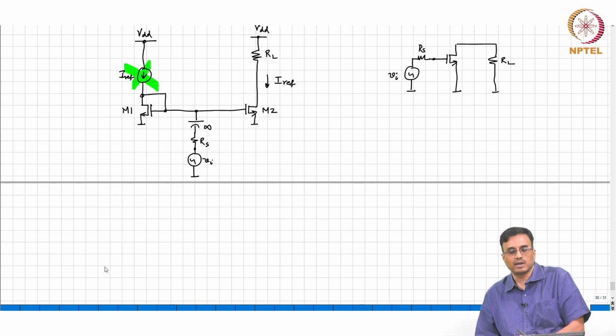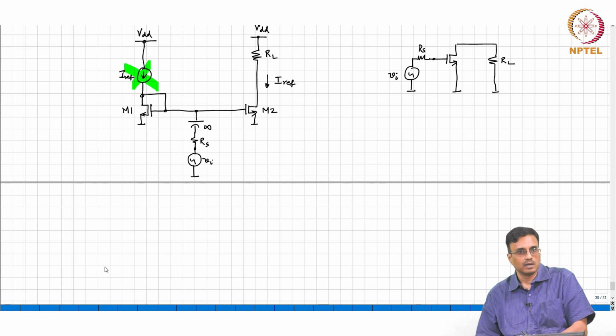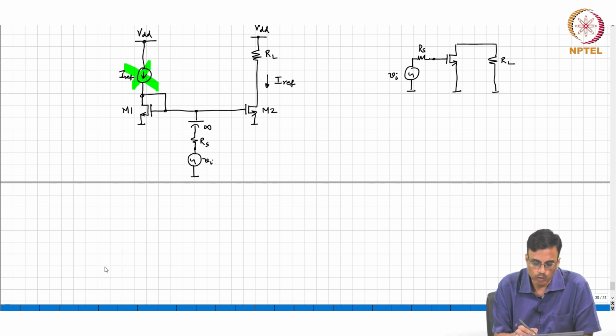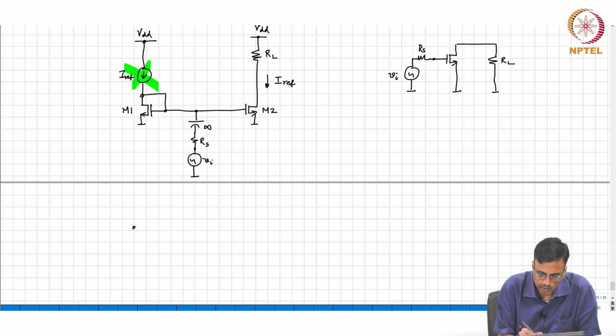By the way, what region is M1 operating in? Saturation, because the drain and the gate are at the same potential. Okay. So, now what should I do with M1? To find the incremental equivalent, what do I do? Nothing, I just have to replace